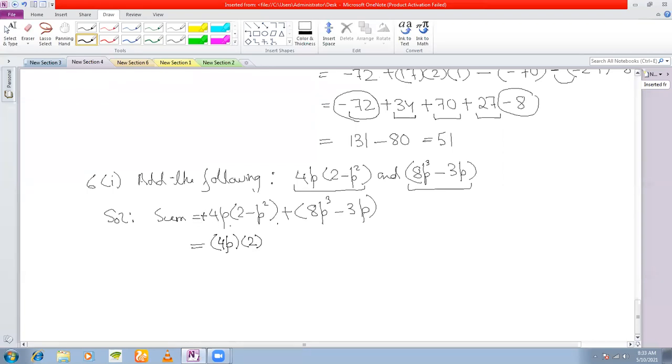We have plus 4p and plus 2 here to combine to give you a this. Now this plus and minus will combine to give you a minus 4p into p square.